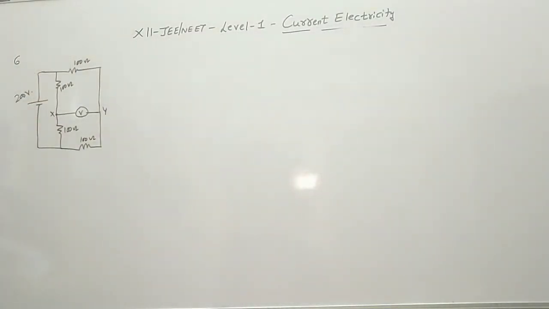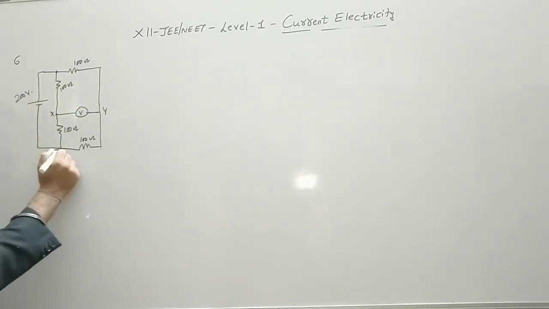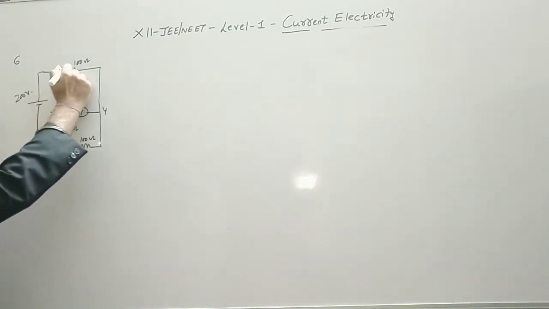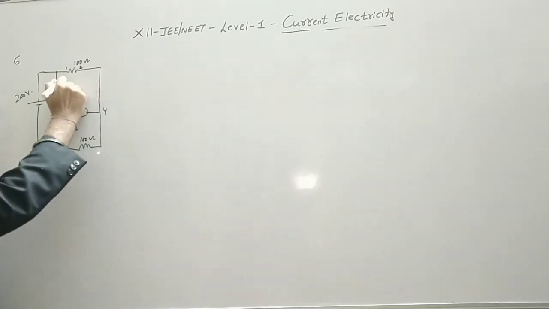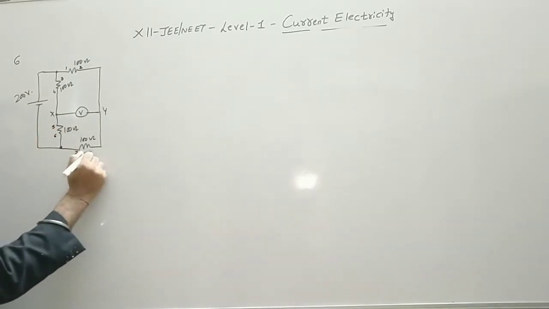So we can see that the current can be divided at this point, that is, the division of the current takes place at this point, and the negative terminal is also divided at this point. If we cannot find out whether the resistances are in series or parallel combination, it is better that we name the ends of these resistances. So let us name these as 1, 2, 3, 4, 5, 6, 7, 8.